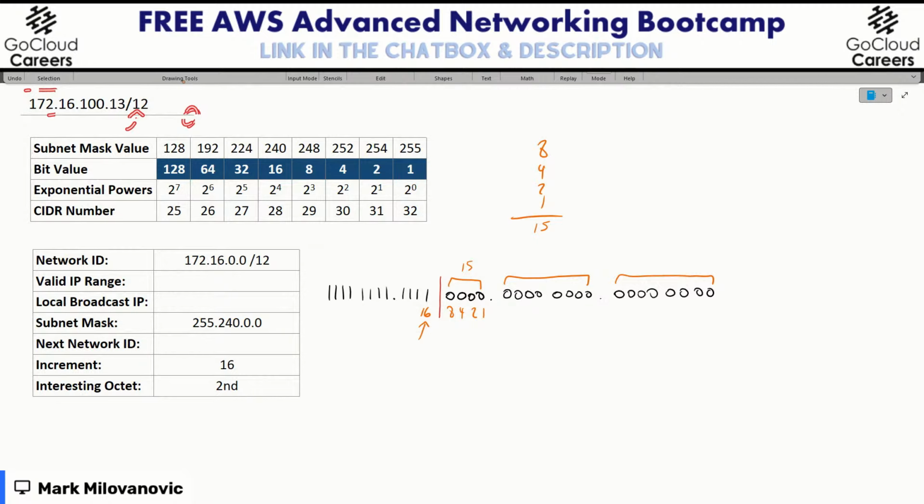So if you ever find yourself in a situation like this, I can demonstrate it right over there. Let's say I'm turning these bits on. I'm going to quickly show you guys how easy this is. This is 1, 2, 4, 8, 16. My next would be 32. So if I added all these together, I would get 31.